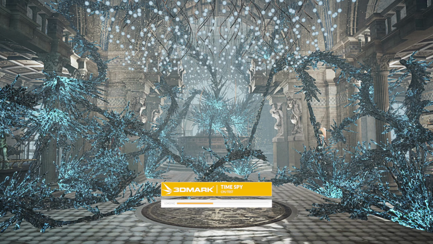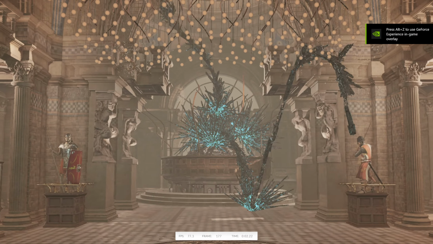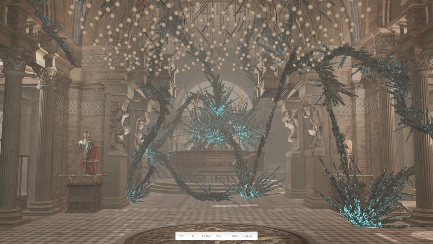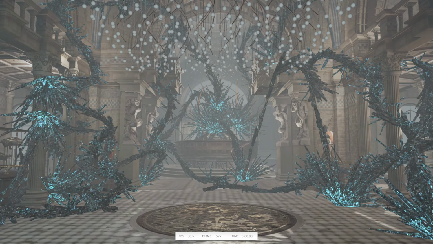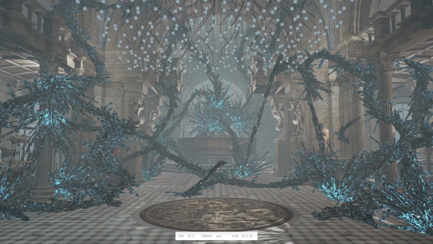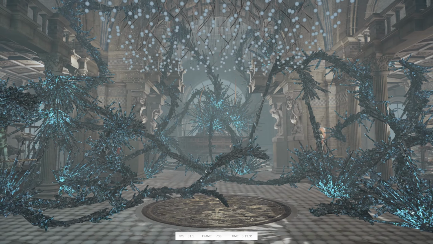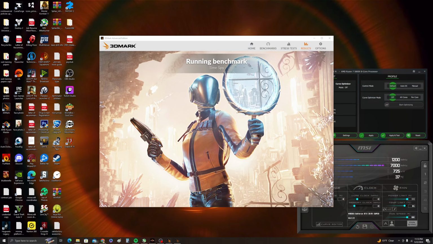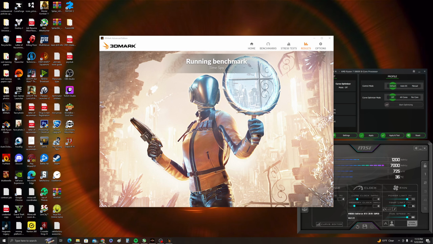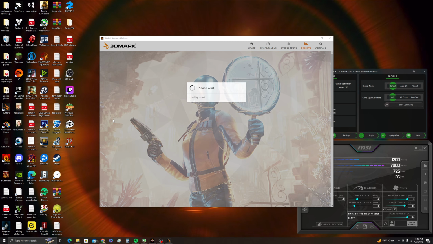Now we're going to go to the CPU test. This one is going to test solely your CPU. There's no graphics card being used on this test, and it's just CPU power 100%. Your graphics card is just going to be dormant at this point, just running idle, and your CPU is going to be doing all the work on this test. As you can see, it goes down a little bit right there, but everything's fine. It tests for particles and all the shebang, and then if it passes the 3D Mark test, it's going to